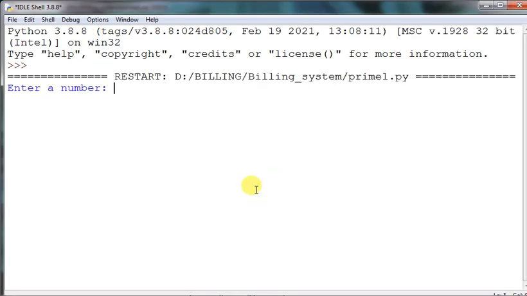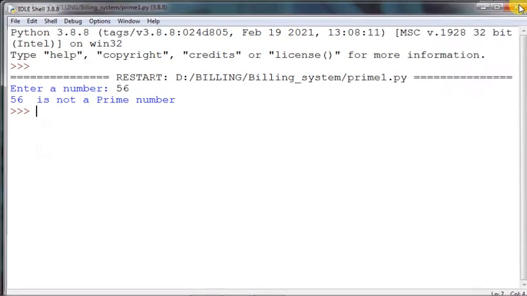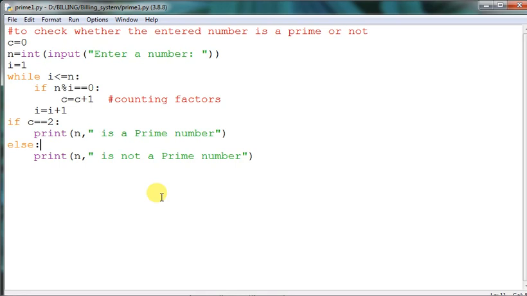So, when you do this, if there is no error, it will come in this way. So you have seen how I have rectified the error. This process is called debugging. Okay, so I am giving a number out here, say 56. It's not a prime number because 56 is an even number. It is having an extra factor 2. Okay, 7, 8, all these. So it is having actually more than 2 factors. That's why it is not a prime number.